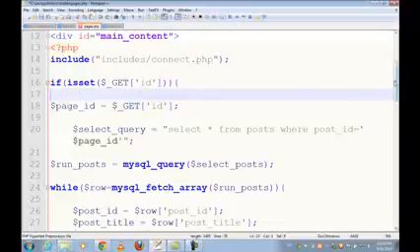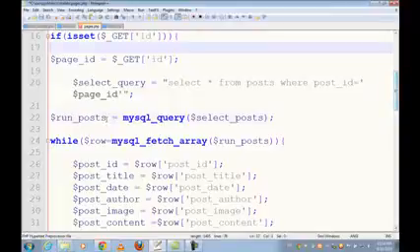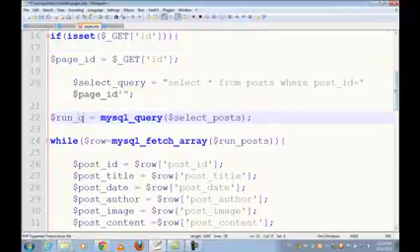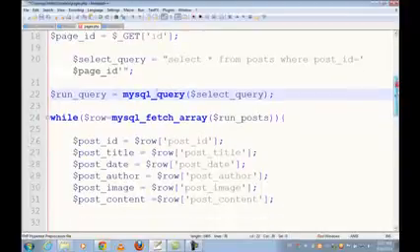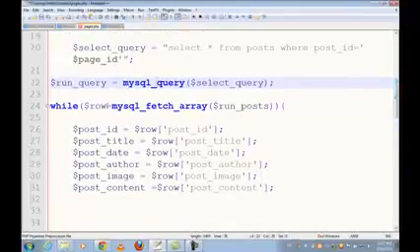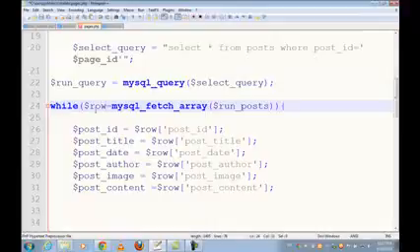After that we said run query. We changed this variable to run query and select query. We said that by using the MySQL default command query, run this query, which is select query here. Then while run query, we just created a row here. You can see while row mysql_fetch_array, which is this query, we are just